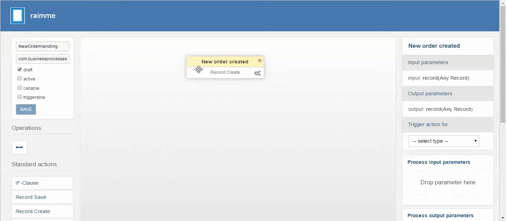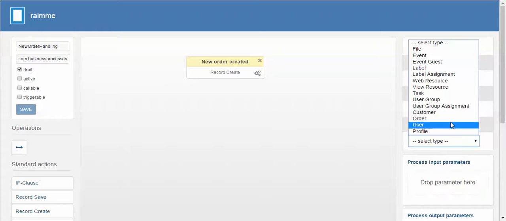and if we click this action in the right hand panel, we have a list of options for this action, and we want to trigger this action for just one type of record. We want it to be triggered only when an order is created. So let's select order,